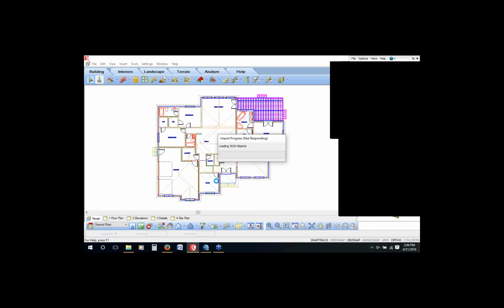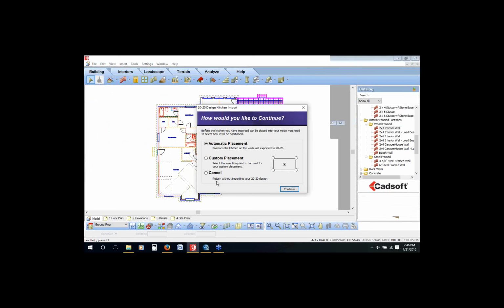You'll remember there were quite a few different items that he drew, so it could take a little bit of time to load those in, especially right now in this type of environment where we're also using GoToMeeting, because we're broadcasting and doing this all live and streaming it to you. It's taking up some of my screen resources, as it was Tom's, and things were working maybe a little bit slower. So it's going to take a little bit of time, but as you can see, now it comes up